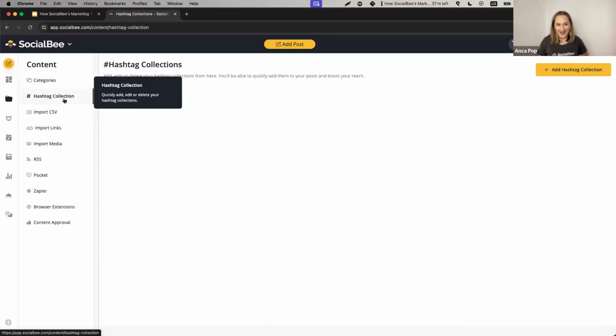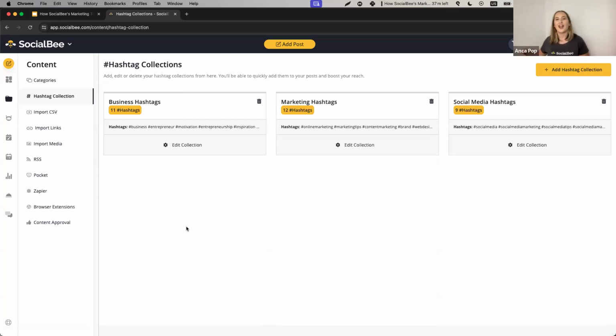Anyway, let's talk about hashtags. You can save your hashtags in collections in SocialBee, which makes it a lot easier for you to use them whenever you need to. I suggest having them organized by topic. This is what we do at SocialBee, just to make sure that we have everything ready for whenever we need them. We have a few batches of around 10 hashtags on average that we're going to select from whenever we're creating content. So we're never going to use all of them. We're going to use the relevant ones for that specific post, but they are connected to different topics that we